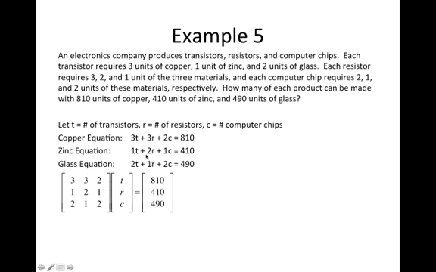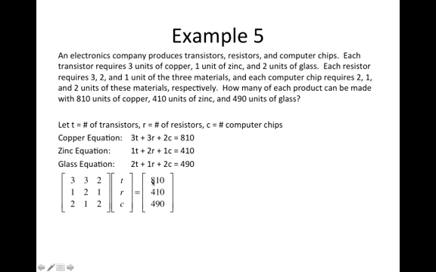And so I put my coefficients, so 3, 3, 2, and then 1, 2, 1, and then 2, 1, 2, and then I list my variables in a column matrix in order, so T, R, C. And again, if I multiply this together, I would come out with these expressions. I'd have 3T plus 3R plus 2C, and so on. That's why this works. And so it equals, and then we put our constants in another column matrix, 810, 410,